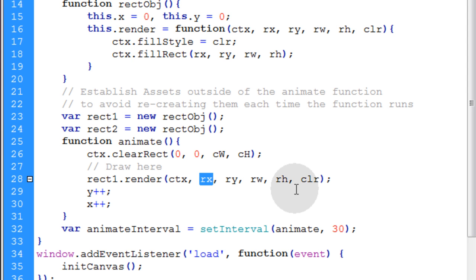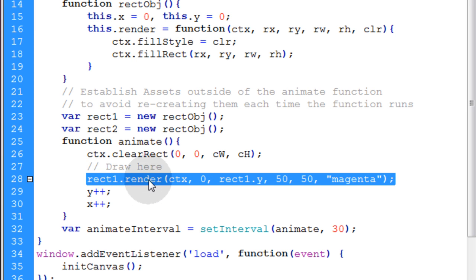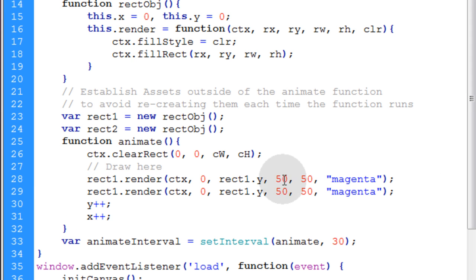So our first rectangle had a static x position of 0, but it had a y position that was dynamic, so we type in rect1.y. And remember, rect1.y is a property of the rect object that we can access right here, this.y. Now the width and the height I want to be 50, and the first rectangle was magenta. So now to get the other rectangle drawn to the canvas and animated, I'm going to type in rect2,